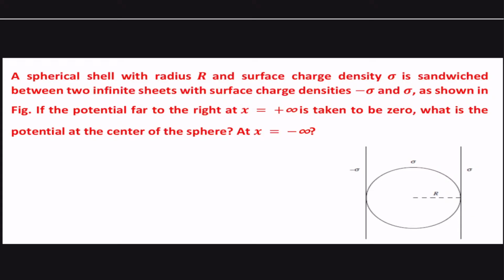Hello friends. So today we are going to solve 4 questions, and these 4 questions will be from our electric potential. Okay, 1 second. So in the first question, it states that